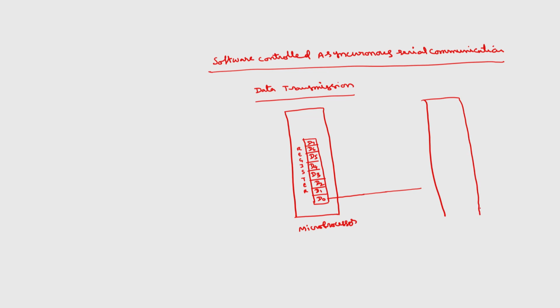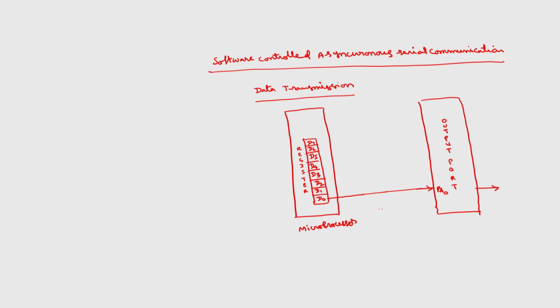You can program one of the ports of 8255 as an output port. One of the pins of this output port we have to connect, say PA0, only one bit because it is serial communication. This will be transmitted from here through PA0.